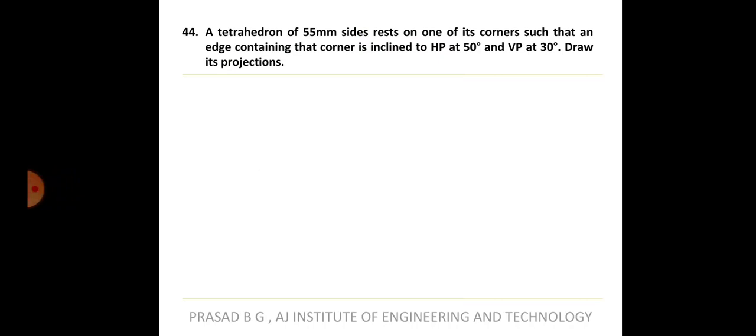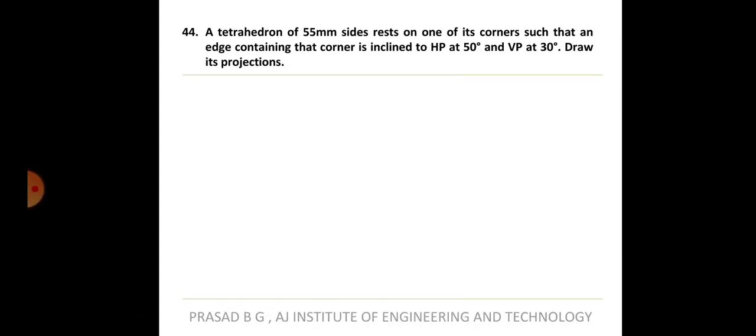Okay, so I actually wanted you people to do this on your own, but I just thought let me give this explanation first, and then you can do it, because once I've already done a problem on tetrahedron, so you should be able to do this problem now, because this is also easier, because tetrahedron 55 mm side is given, resting on the corner is given, conditions are all very clean here.